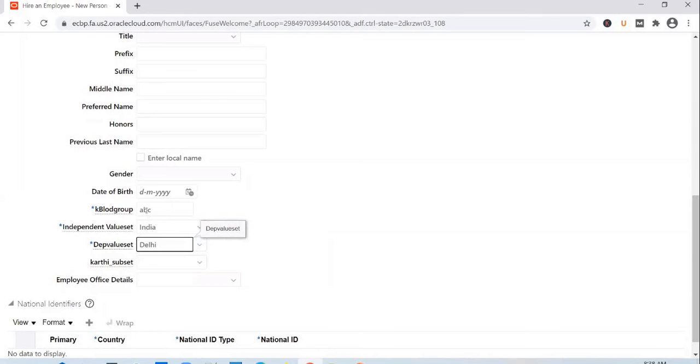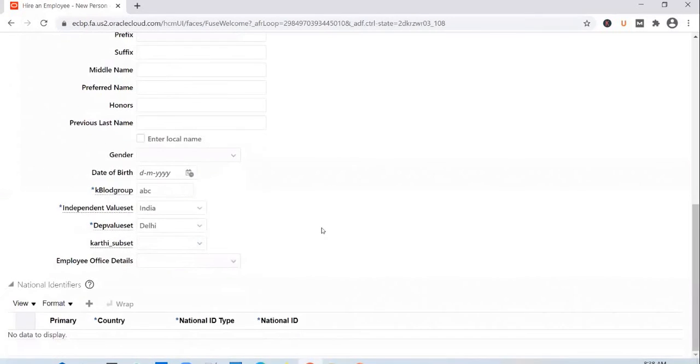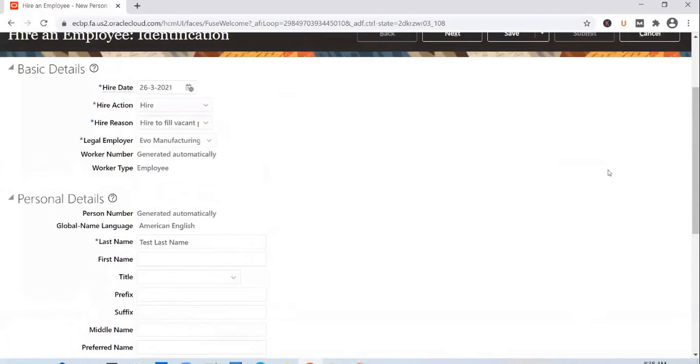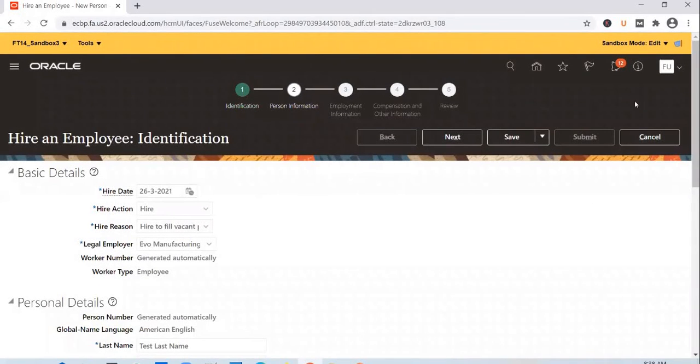When we teach the flex field concept, we explain it very clearly to the students that yes, you can enable flex fields anywhere you want, but at least don't make them mandatory. Don't push others to enter a value in the flex field segment that you are adding. Okay, so yeah, that's okay. We have filled in the mandatory fields, and we want to change the label of this field.